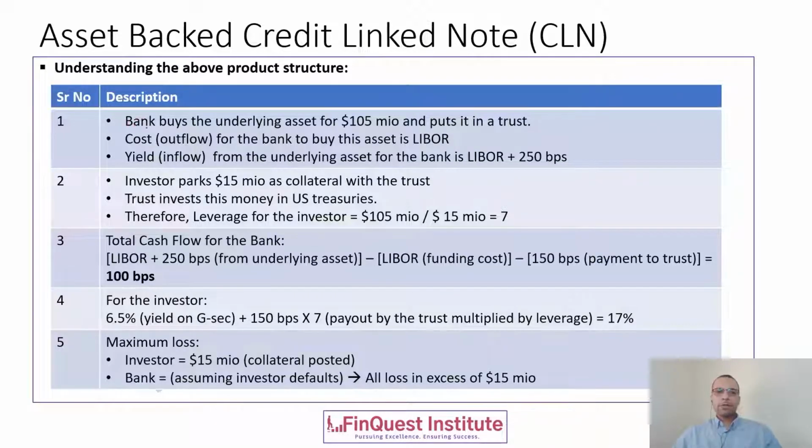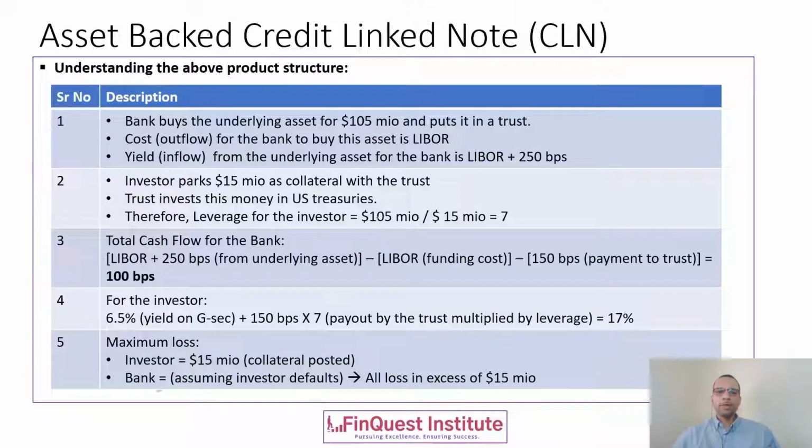So starting from step one, the bank is purchasing the underlying assets at 105 million and they are placing this inside a trust. The cash outflow of the bank will be the cost which the bank has to pay. So the cost or the financing is done at LIBOR. Now the yield expected on this particular asset is LIBOR plus 250 basis points because we are assuming non-investment grade loans, so they are naturally expected to give a certain higher yield, which we call L plus 250 or